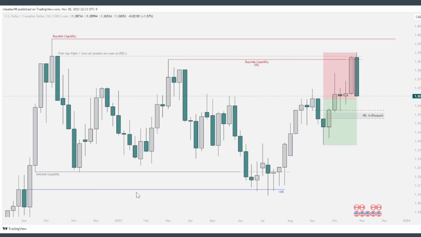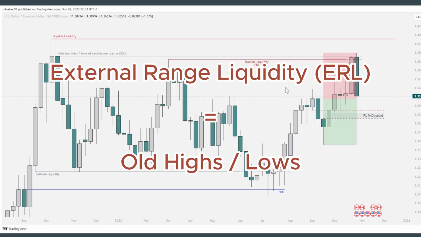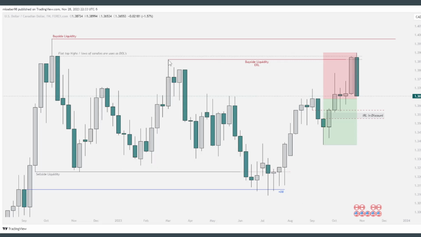So to begin, we are looking at a weekly chart of USD CAD, and I want to make a clear understanding of what external range liquidity and internal range liquidity is. External range liquidity can be old highs or old lows. And as you can see, I have a buy side liquidity marked off here, the ERL of a run on